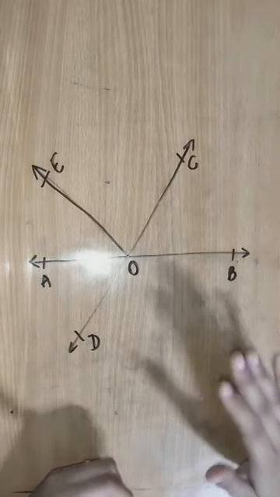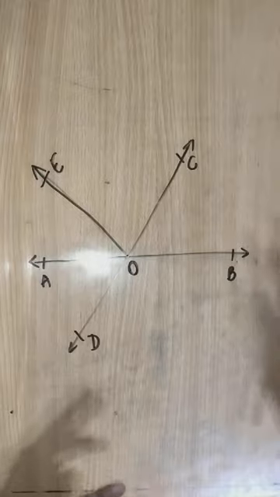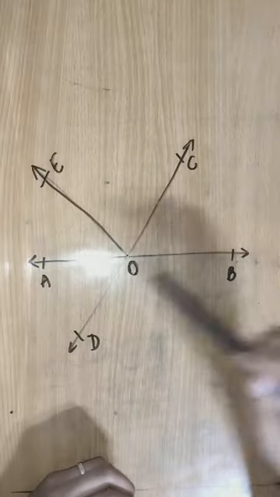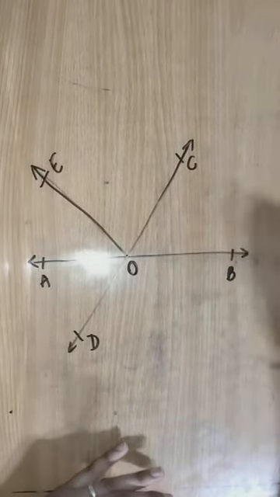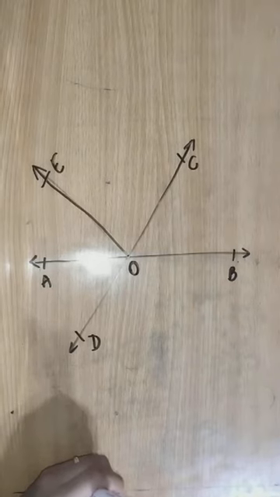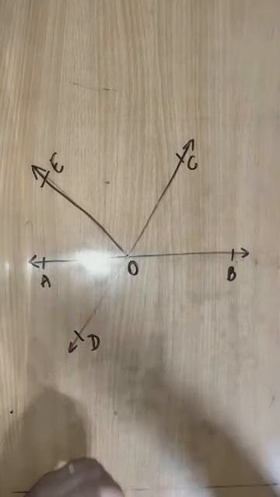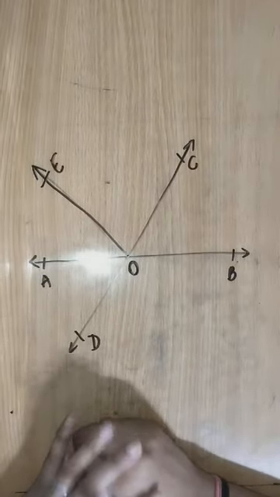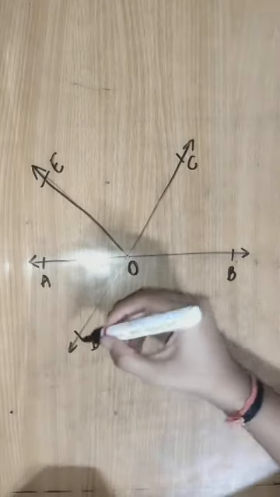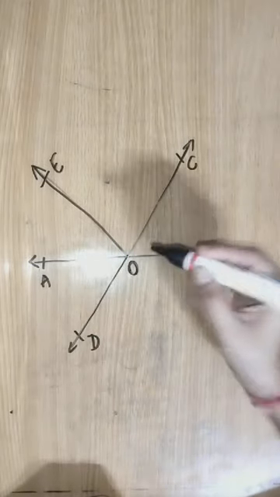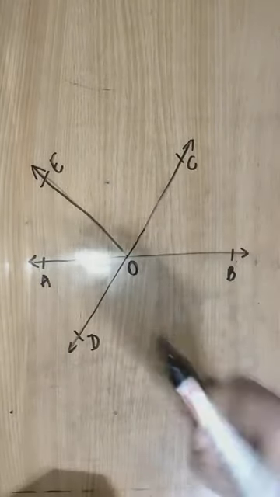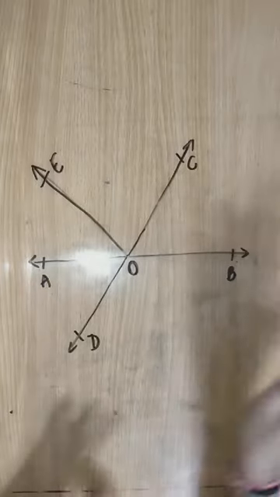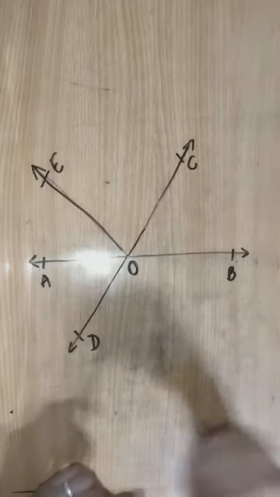So in this figure we have to identify, and this will be a coverage of all the things which we have studied in our previous class also, two pairs of vertically opposite angles. We have to find two pairs. So as we can see, line CD is intersecting line AB at point O. There are no more intersecting lines over here.